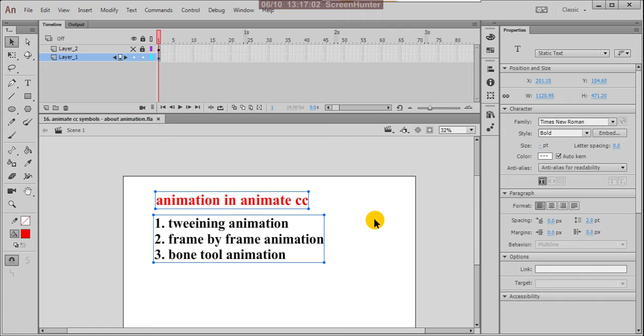So the answer is: a sequence of drawings or frames. Observe, follow me. A sequence of drawings or frames that you display at a particular speed. Particular speed means, again we will discuss and I will explain, here 24 frames per second. If you play them, it can create the illusion of movement. It creates the illusion of movement, that is animation. The frames must be in a sequential order.